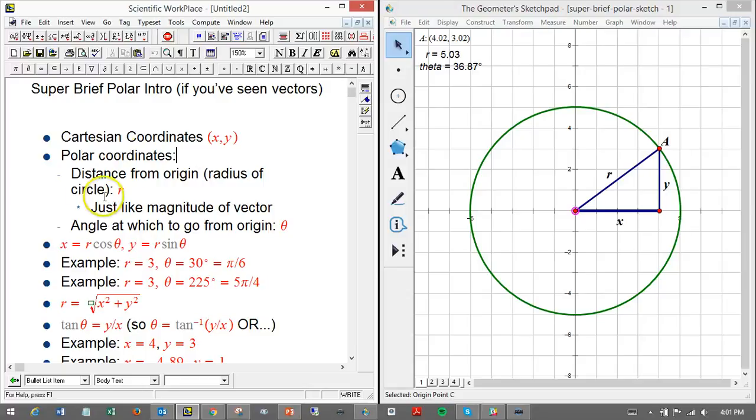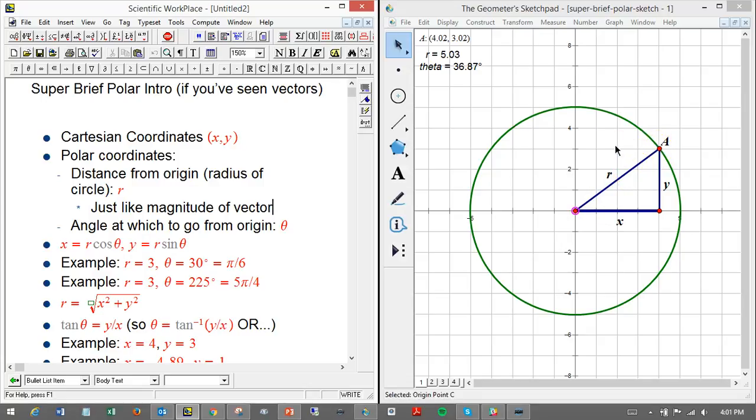And the idea is you describe a point by the distance from the origin, or in other words, the radius of a circle centered at the origin that it's on. So that's why I'm drawing this circle. And that's why it's called r for radius. So it's exactly just the hypotenuse of this triangle that we would draw all the time in trig. This is just a circle and a triangle just like always. And it's exactly like the magnitude of a vector. If you think of drawing the vector from the origin to that point, it's exactly the magnitude of the vector,